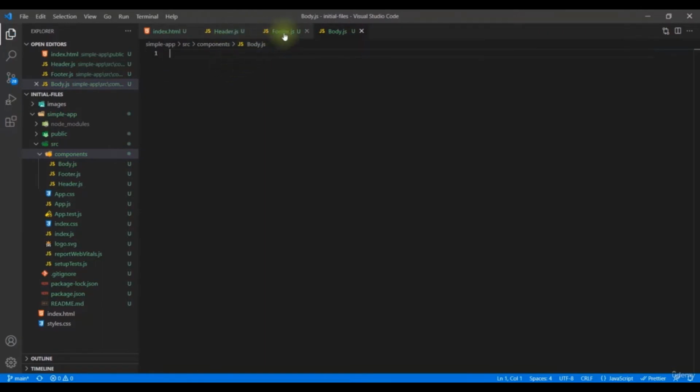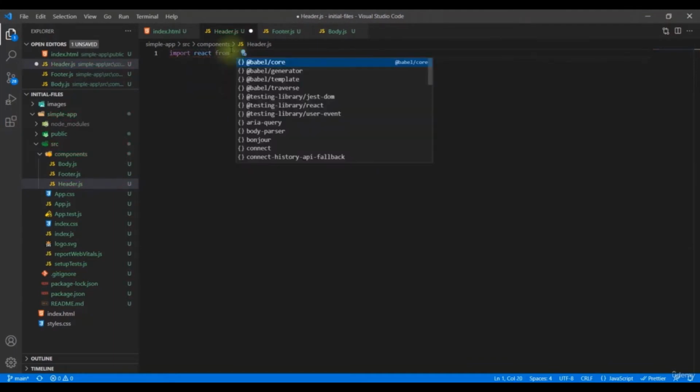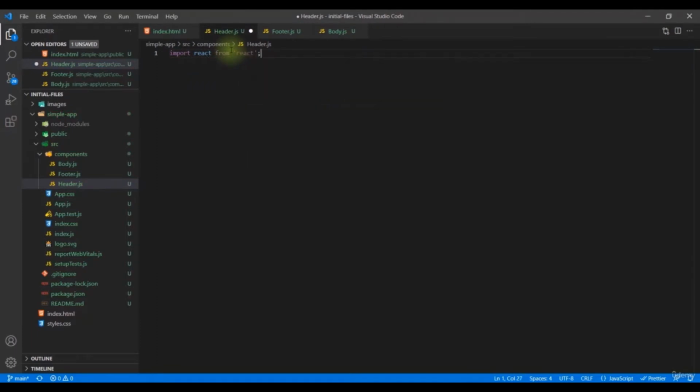All right, so enough talking. Let's just start with the header. You can import React from 'react', and then we can close it. Let's just start with capital React. Okay, now we can start our function and we can name it. Let's just say function Header,